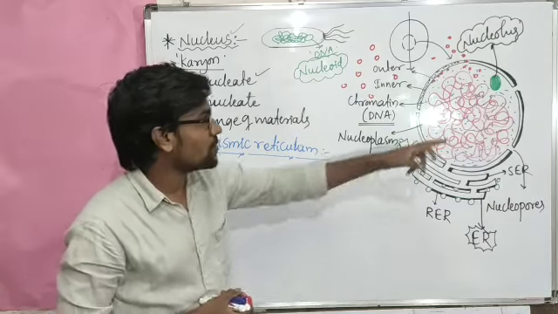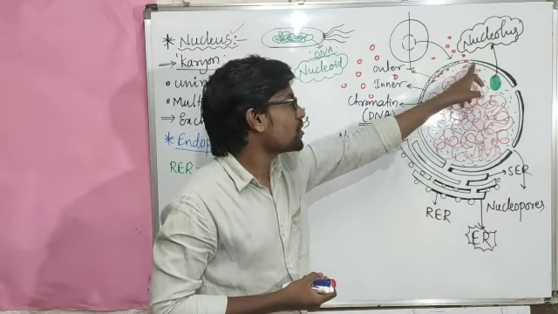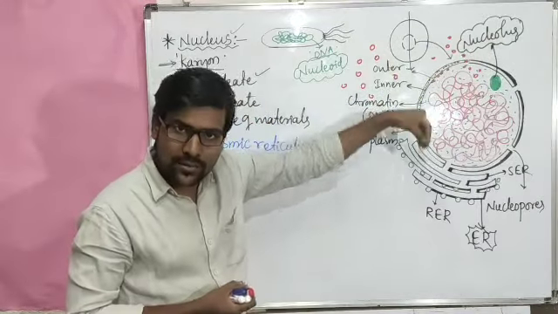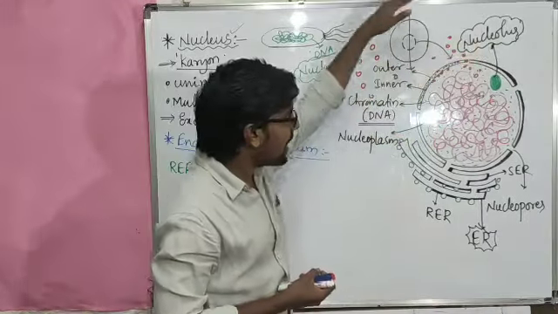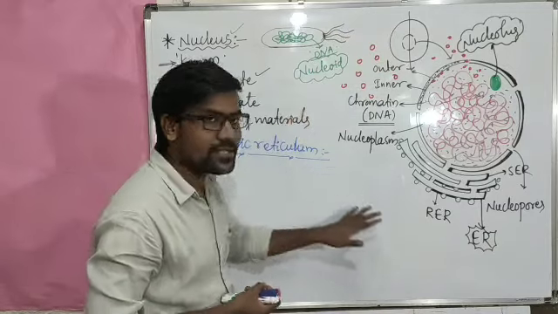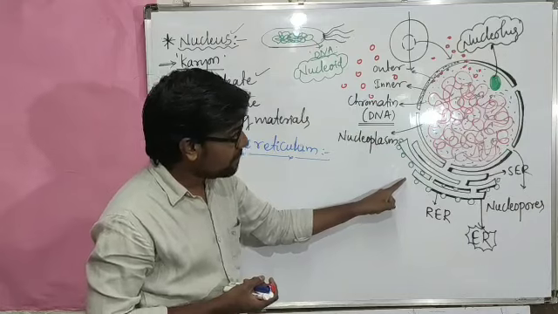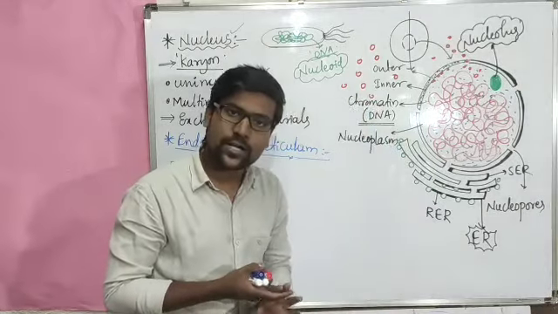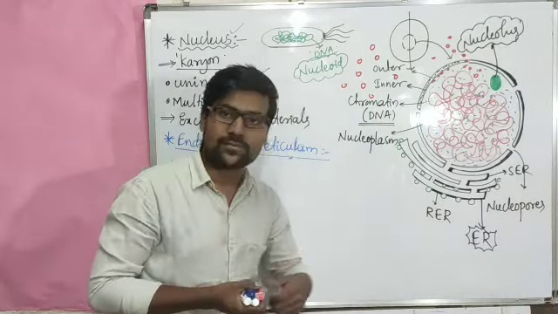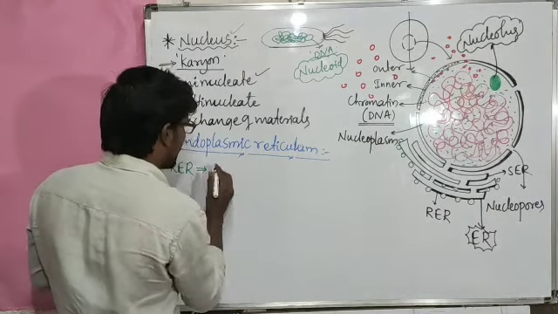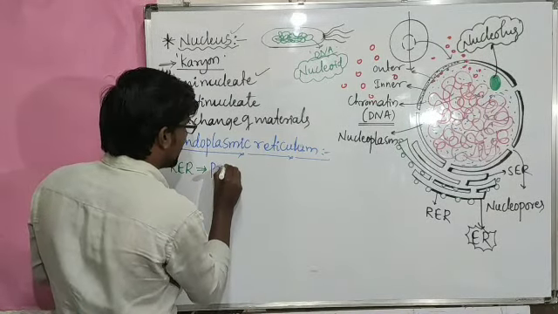Who produces those ribosomes? They are produced from the nucleolus. Those ribosomes will come outside. Ribosomes may attach to the nuclear membrane itself. When they come outside, they may be free in the cytoplasm, one option, or those ribosomes may attach to the endoplasmic reticulum. Then it becomes a rough endoplasmic reticulum. And the major work of this endoplasmic reticulum is the production of protein.